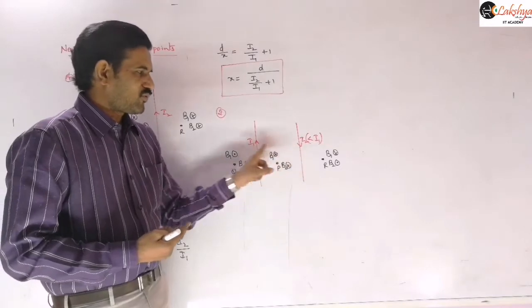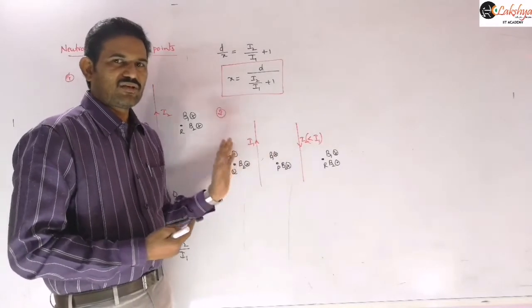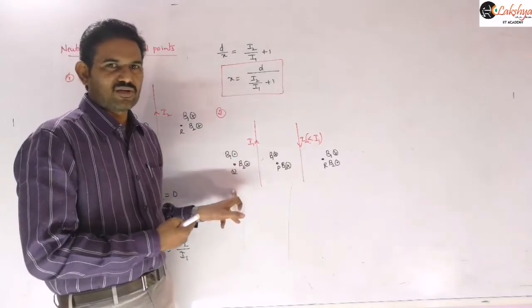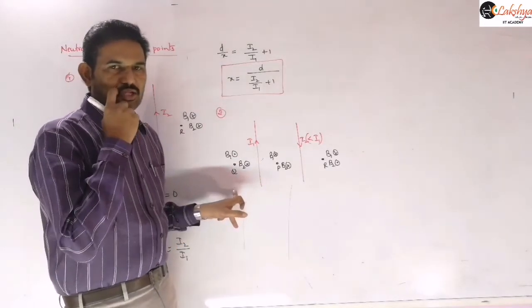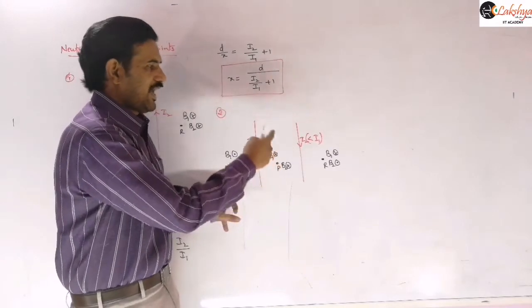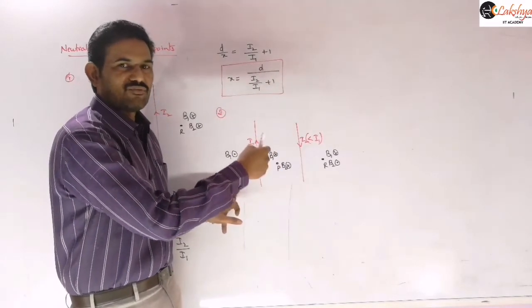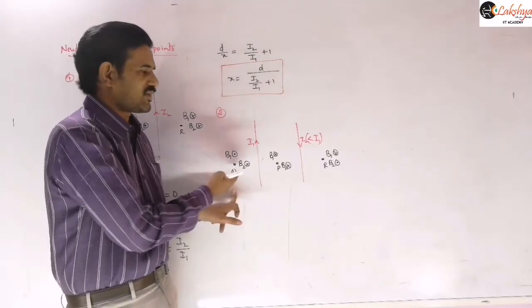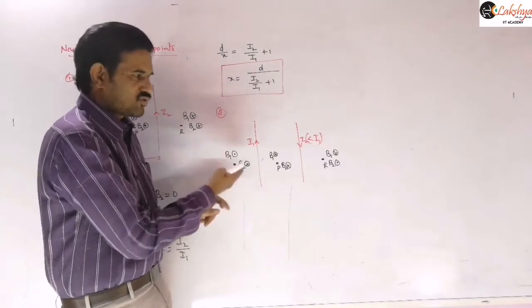So here, even though the same current is flowing, the magnetic field due to I1 will dominate for this point, right? So there is no chance of getting the neutral point. And I2's value is less than that of I1, so there is no chance of getting the neutral point on this side either. So you may mention that